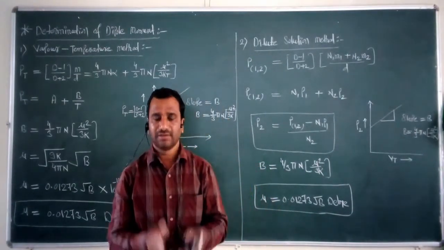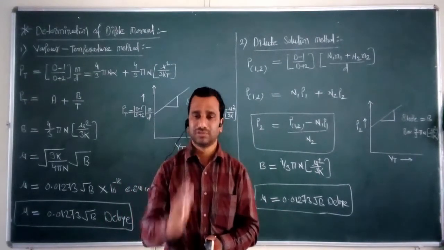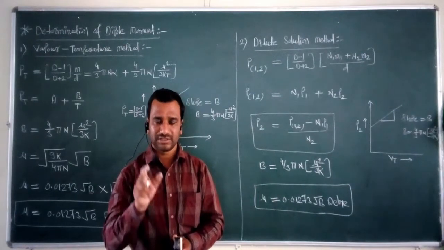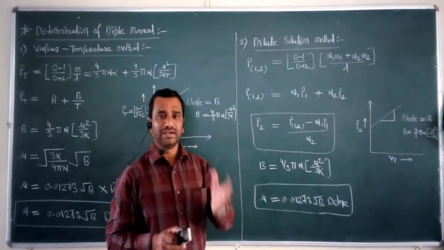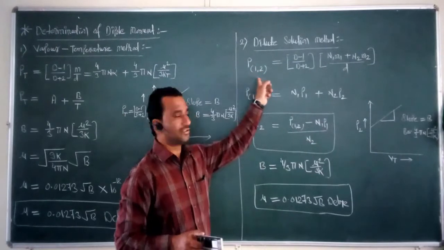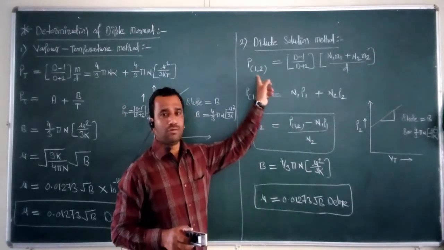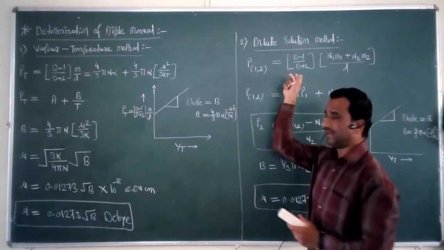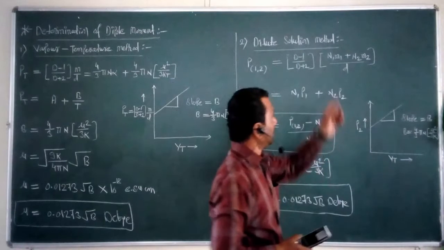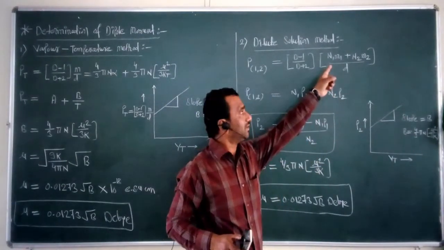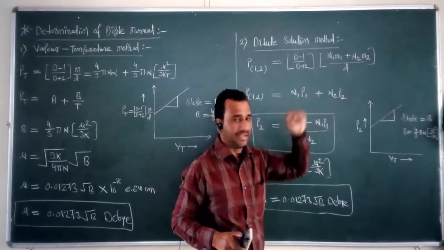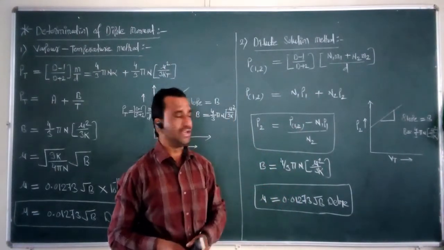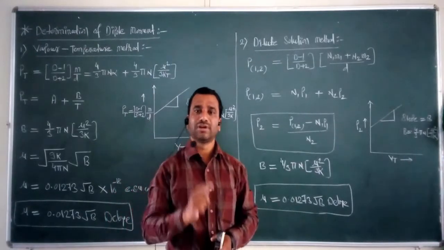For calculating that, first of all we have to convert that solute into the solution state. For this purpose we take the proper non-polar solvent. After formation of the solution, we are interested to calculate the total molar polarization of that solution, that is given by P1,2 is equal to D minus 1 upon D plus 2 into M upon D, which is equal to N1 into M1 plus N2 into M2 divided by D, where N1 and N2 are the mole fractions of solvent and solute respectively. M1 and M2 are the molecular weights of the solvent and solute.